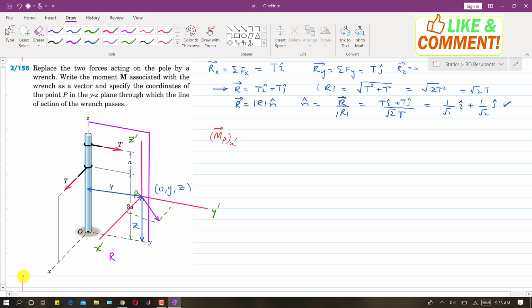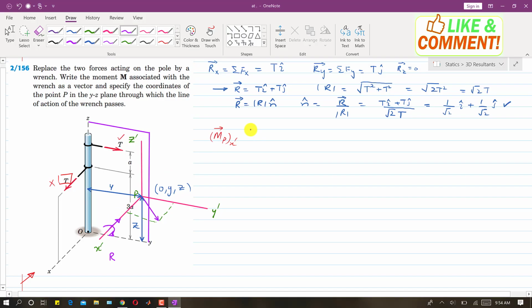if we observe these forces from this direction, right? As we can see, this force is parallel to the x dash axis or x axis, so it will not produce any moment about x dash, and similarly this t, this component, this vector has some perpendicular distance from this x dash, so it will produce the moment about x dash, and the direction of that moment will be in this direction, right? So this t will produce the moment about x dash in this direction, and if we curl our right hand fingers, the thumb will point out in the negative x direction, right?